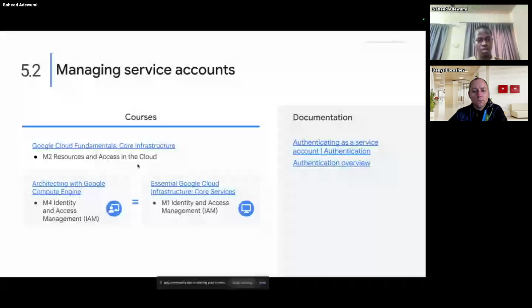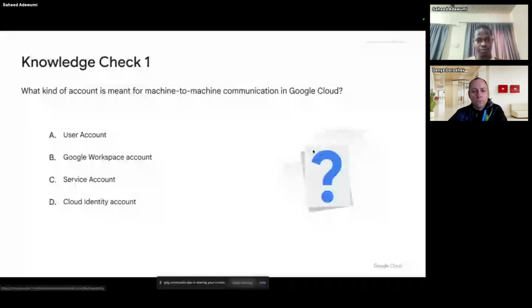And these are the courses we are using to be able to access our cloud. So I think earlier, authentication as a service and service account, how you can generate your key, how you can use it to access your infrastructure, as an API, as a CLI, this still works. So let us do some knowledge check. I think we are at the end of the